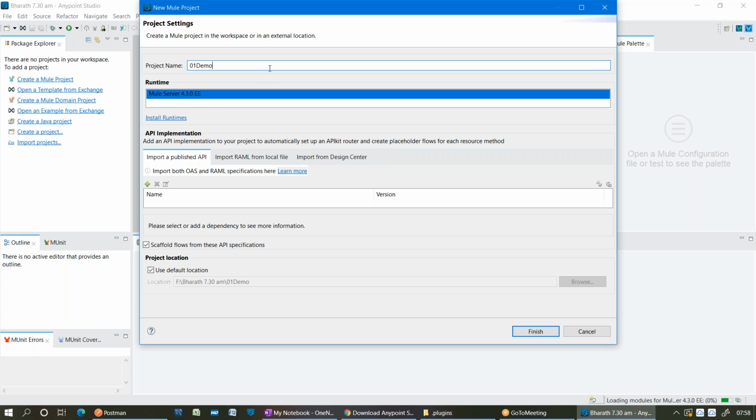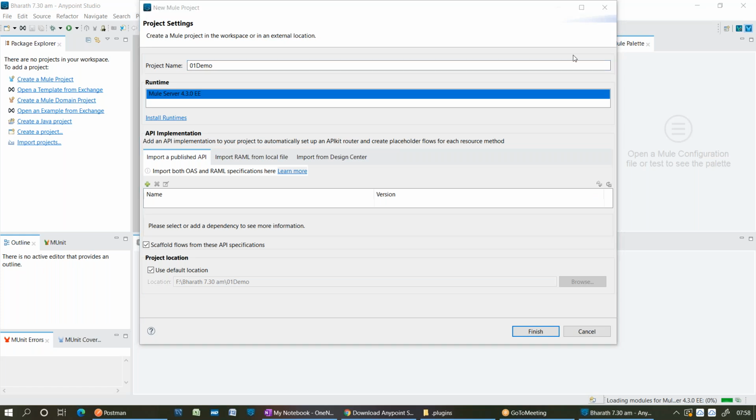Yes. The current version is Mule 4.3 only. That's why it is. Whenever they release an Anypoint Studio, the latest version of the server at that point of time will be given as a plugin to your Anypoint Studio. Right now 4.3 is given as a plugin, an embedded runtime, to your Anypoint Studio, right? So if you want some other runtimes, the older versions, then